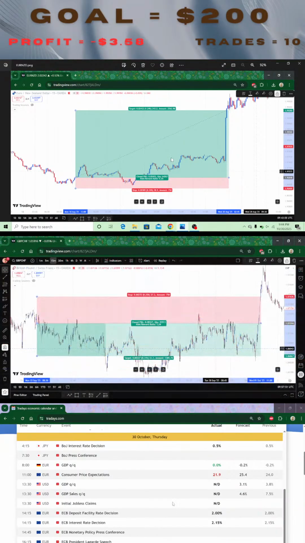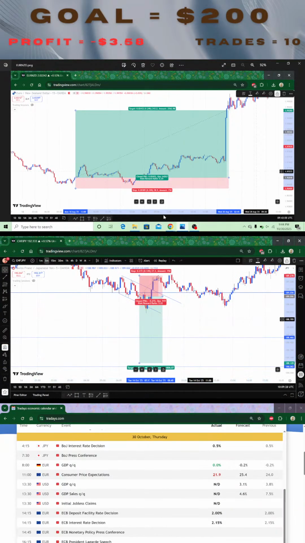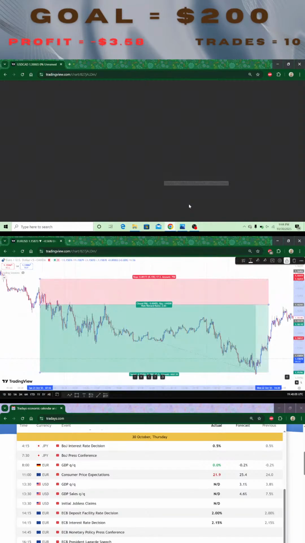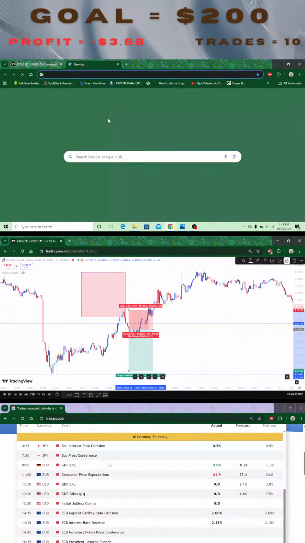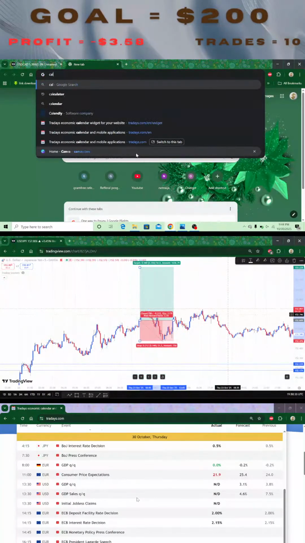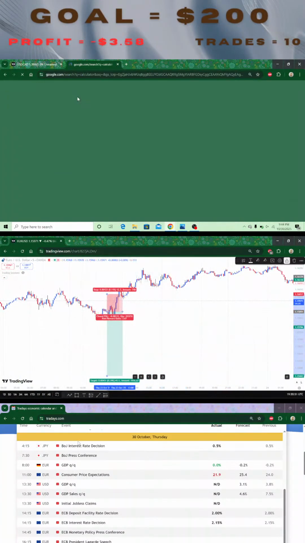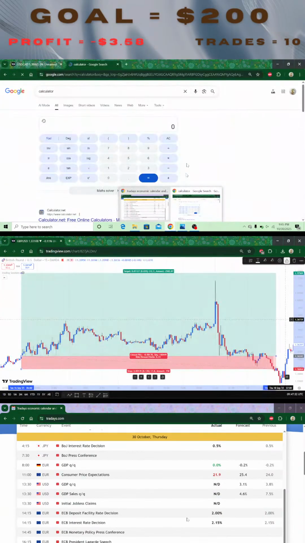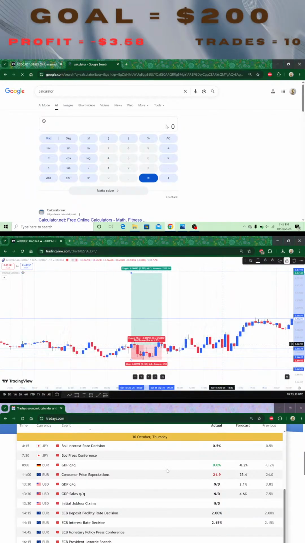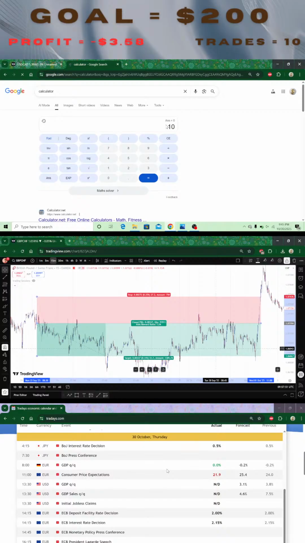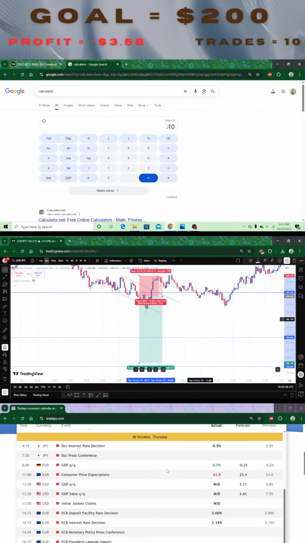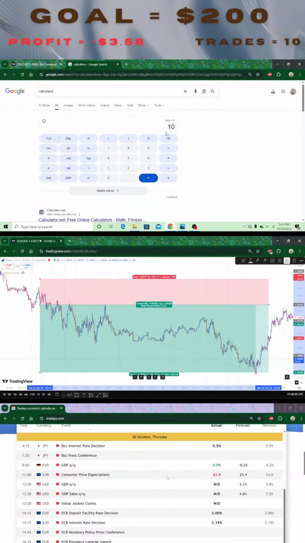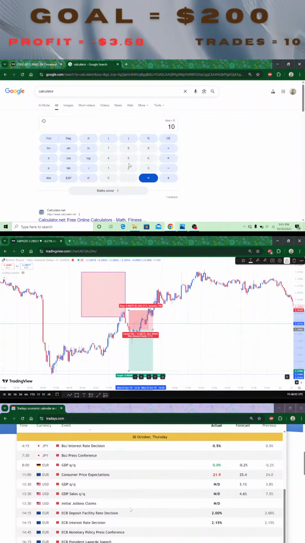But you guys are not really understanding the logic I'm trying to come at, so let me properly explain it. Where's the calculator? Let's use the calculator to properly explain this logic. Out of all the trades we placed, there were 10 trades, right? And out of these 10 trades, we were told that if we can hit 5 of them,